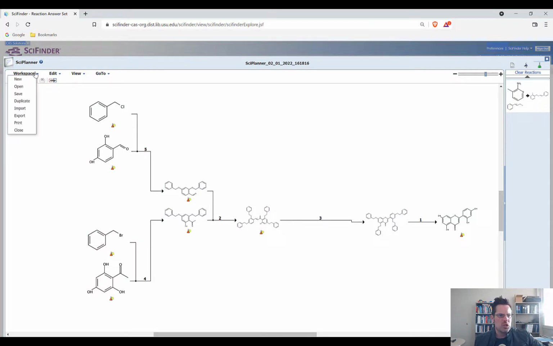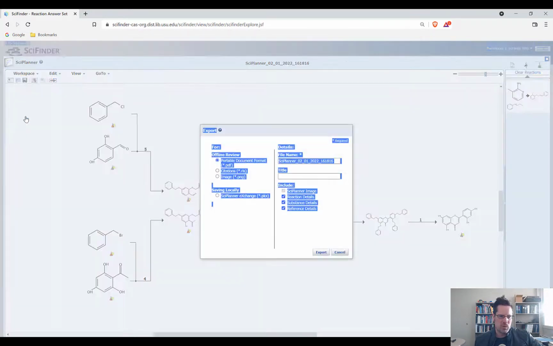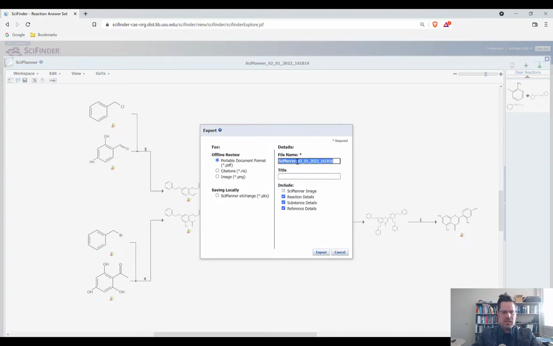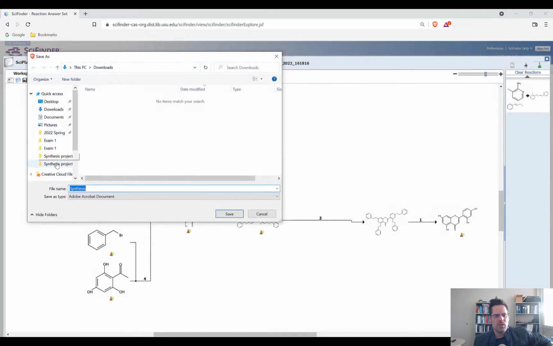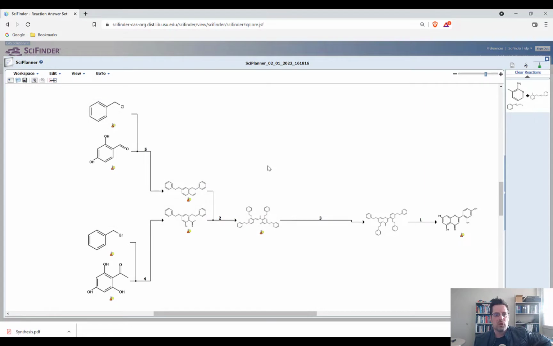I can go up here to workspace and then select export. We'll go ahead and change the name to synthesis and then select export. Now, one thing you'll notice with all these check boxes is that I have reaction details, substance details, and reference details all there. So I'm going to select export right here. I will choose the file where I want to insert it and then wait a few moments for it to